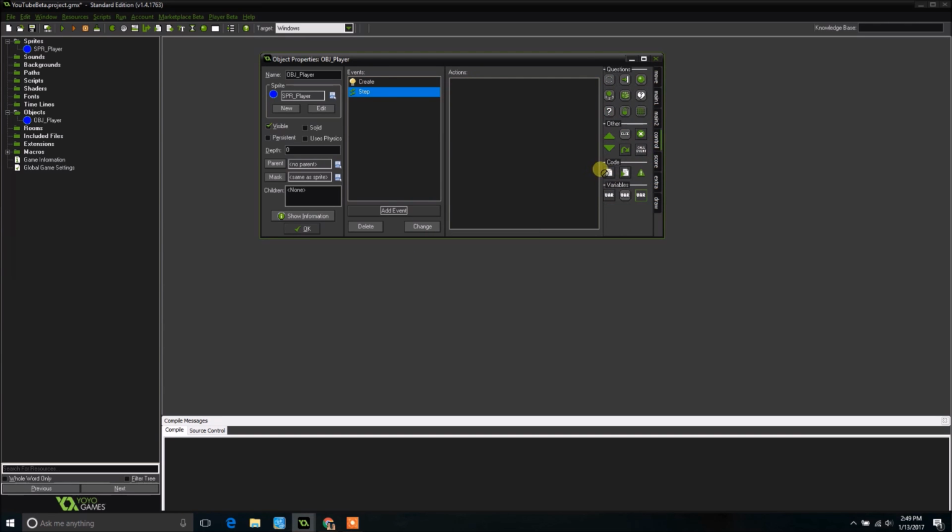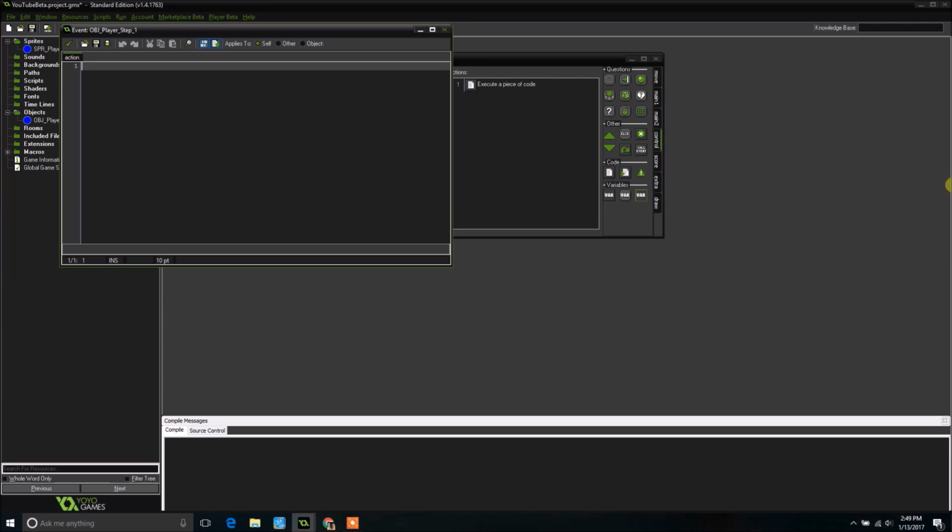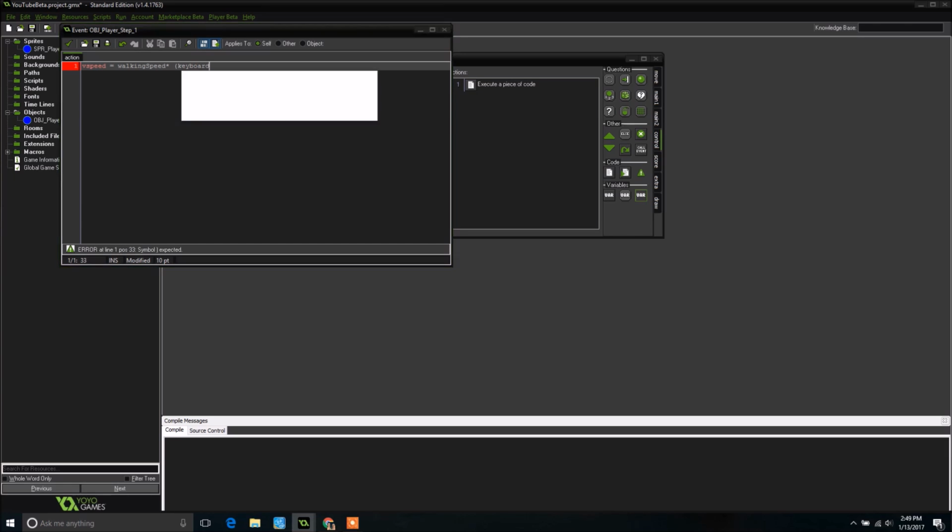And then drag out our little control code bit. We are going to be programming it so that you can use the W, A, S, and D keys to move. So you're going to want to start with v speed equals walking speed asterisk, which is times, and then open parentheses. Keyboard underscore